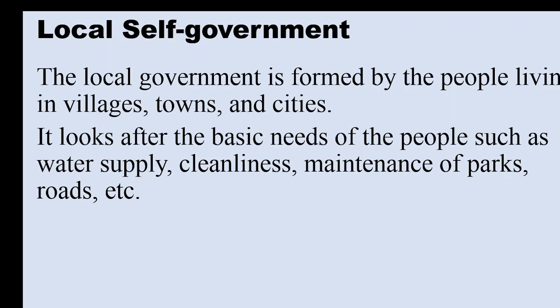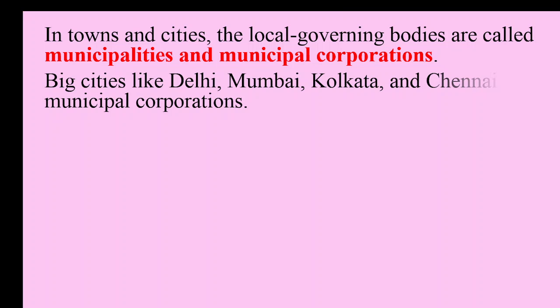In towns and cities, the local governing bodies are municipalities and municipal corporations. Big cities like Delhi, Mumbai, Kolkata, and Chennai have municipal corporations. The small towns such as Karaikudi and Pudukkottai have municipalities. These municipalities and municipal corporations keep records of birth and death. They also maintain public transport, provide